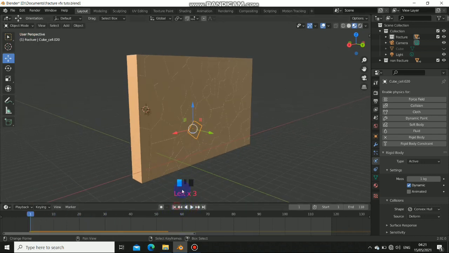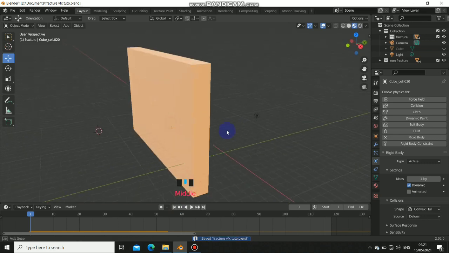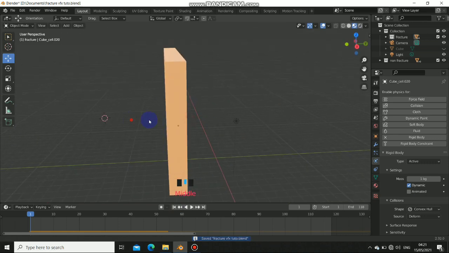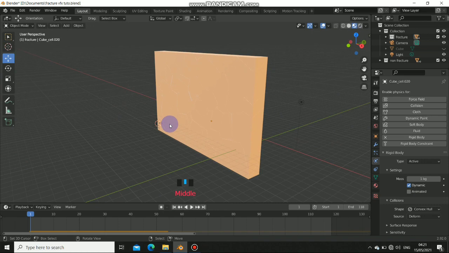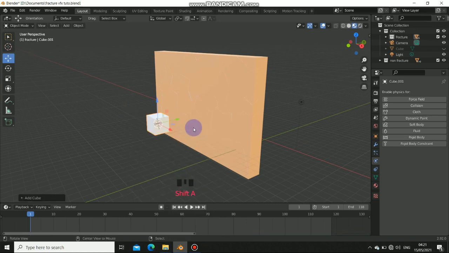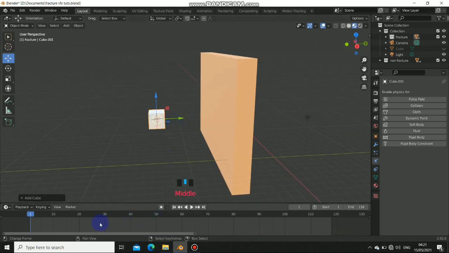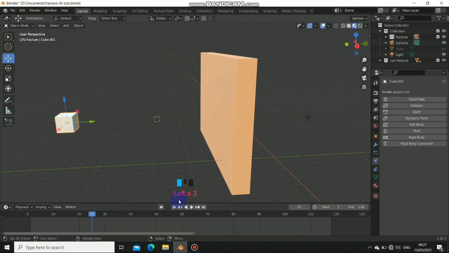Now we need something to hit it, and we can just have something basic. We can add a cube to this. We want this cube to hit it in frame 39. Let's add this back here at like 25. Click here to add the auto record. Move this, and you can see that I added a keyframe. Now at this 32,